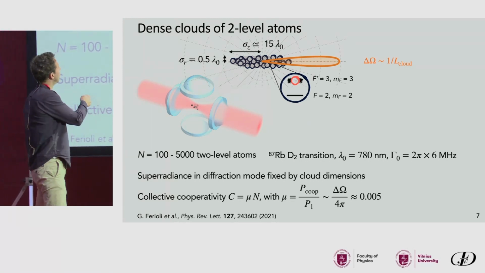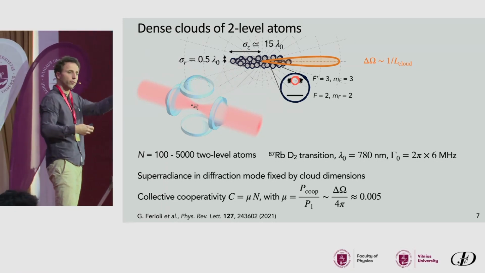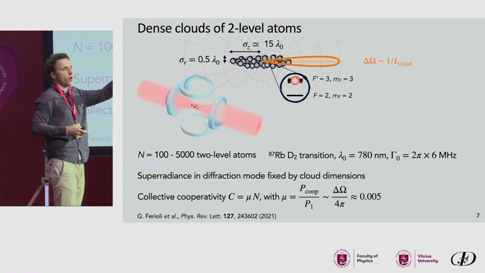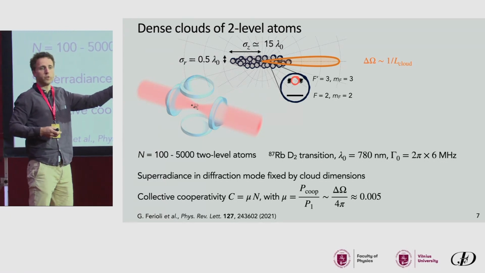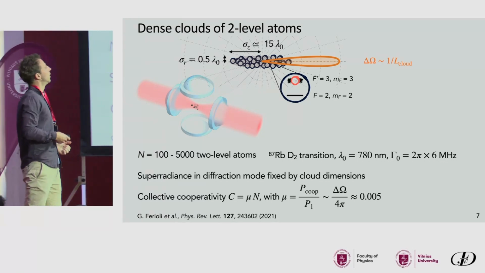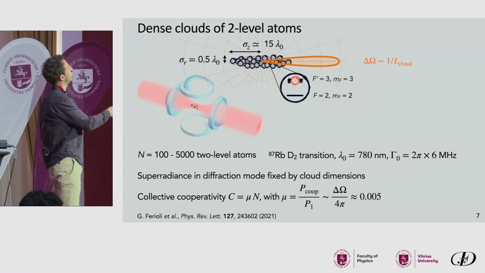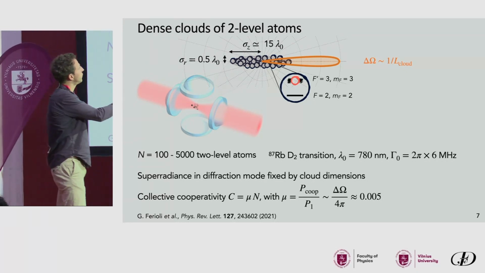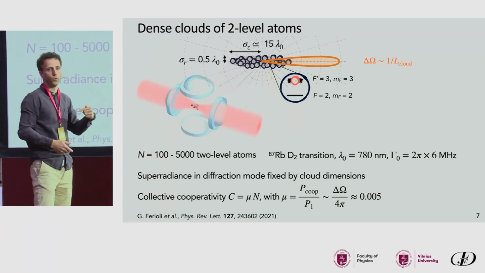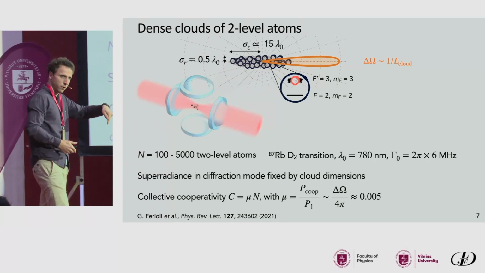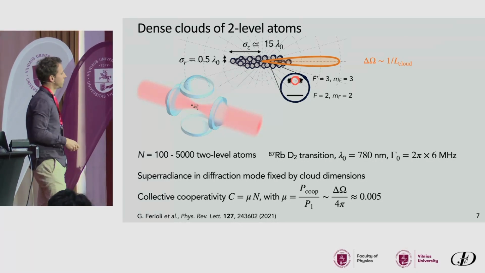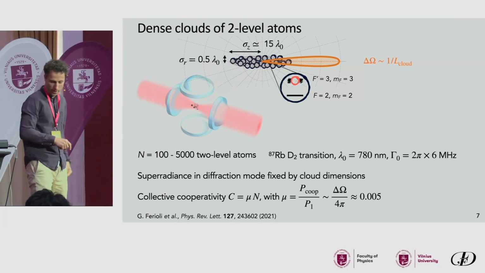Then actually there is a single direction in which you can have constructive interference. There is a single mode along the cloud axis where you can have collective emission of light. If you try to have atoms interfere in any other direction, it's impossible. Another way to look at this is, if you emit a photon along the cloud, then there is no way to know which atom emitted it. If you emit a photon perpendicularly to the cloud, actually you can trace back a region where the